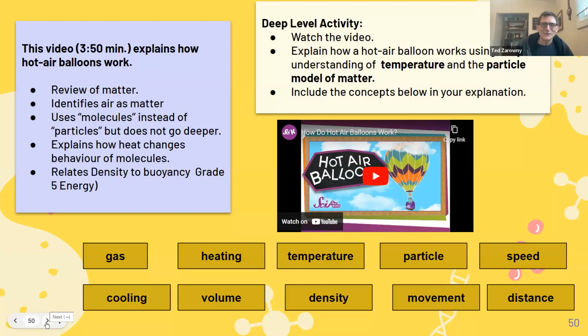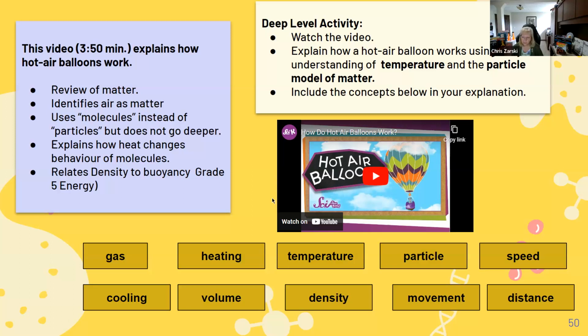And we know that hot air balloons involve all the things that have to do with phase, not necessarily phase change, but the heating of particles, expanding, and then becoming less dense as they expand. After that video, we may want to have kids take all those words at the bottom, and that's why I talked about relationships at the surface part of this discussion, put all those words in a concept map and explain why they're related to help explain how the hot air balloon works.